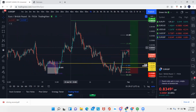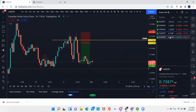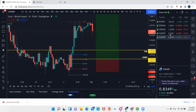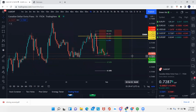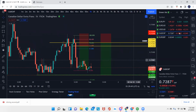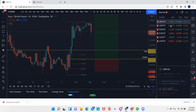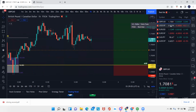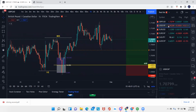Euro GBP, this is going to be a re-entry for sure. If you guys can kind of see how I got that marked up, I think this is going to be a really nice re-entry, to be honest with you. But we will see. Yeah, that'll be the last one. Let me see any of these getting close. GBP CAD maybe, but I'd rather break this low before I call it out,